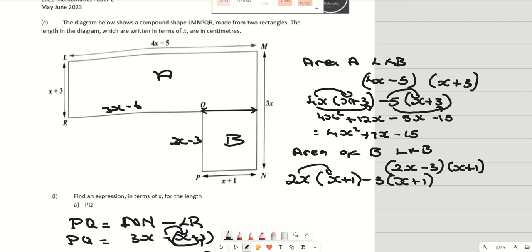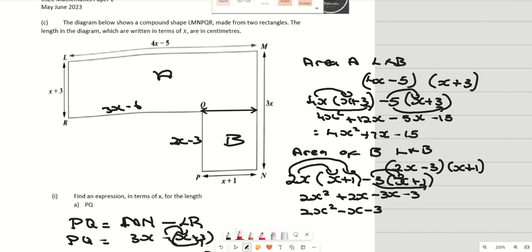So that's 2x by x is 2x squared. 2x by plus 1 is plus 2x. Minus 3 by x is minus 3x. And minus 3 by 1 is minus 3. Alright, so let's just reduce this. This is 2x squared. 2x minus 3x is minus x minus 3. So this would be the area of B. So let's write that in red. The area of A is equal to,